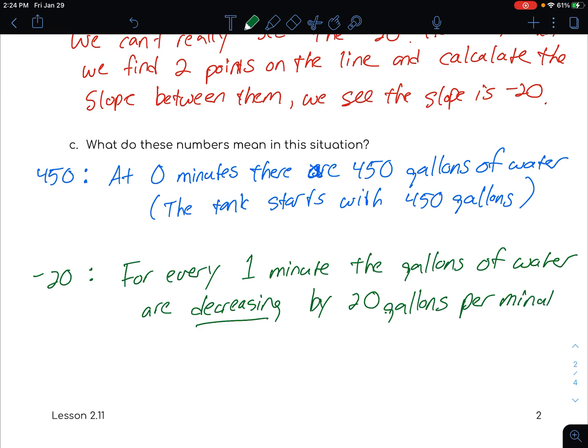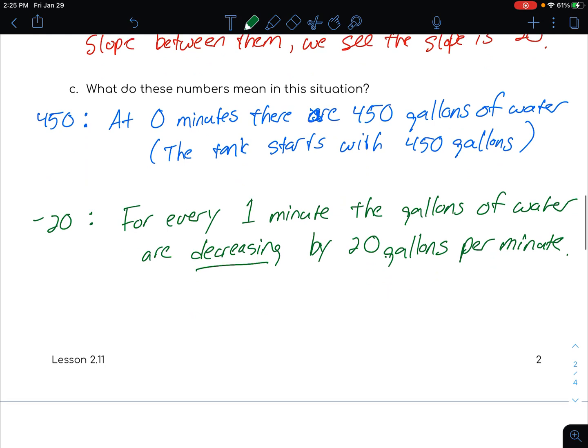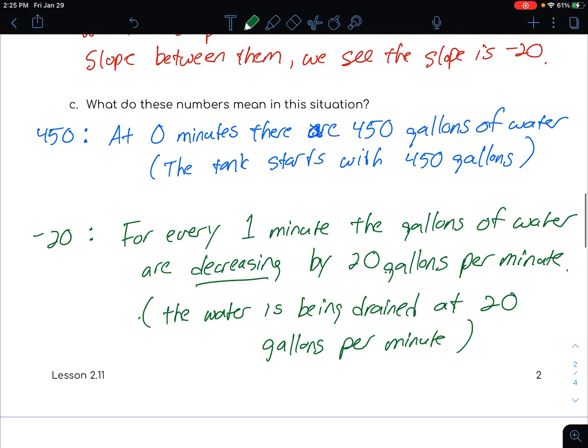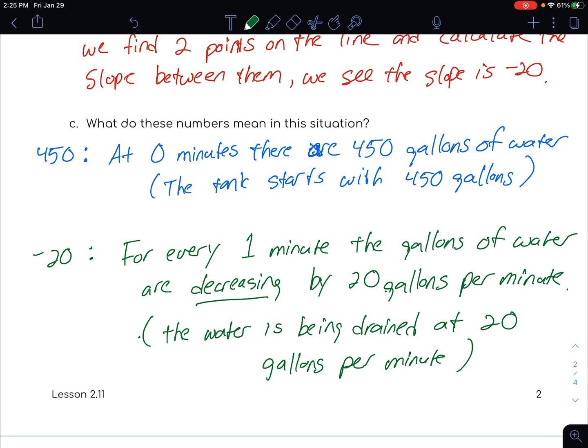So I'm going to add that on here. If I had to rewrite that, I might write that sentence slightly differently, but I'm going to stick with it. In other words, the water is being drained at 20 gallons per minute. All right, so that's the meaning, and that's the big thing we want you to be able to do: write the equation or look at an equation, but also, in the context of a problem, tell us what the numbers mean, because they have very specific meanings. So I want you to be thinking